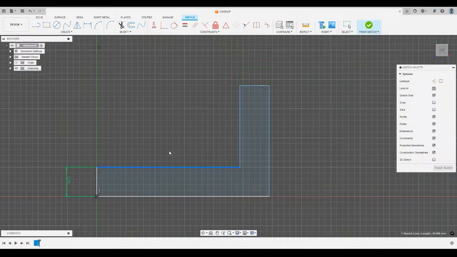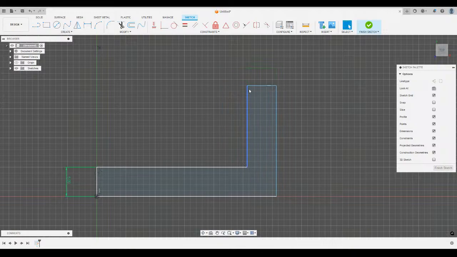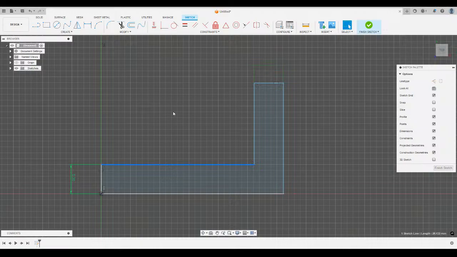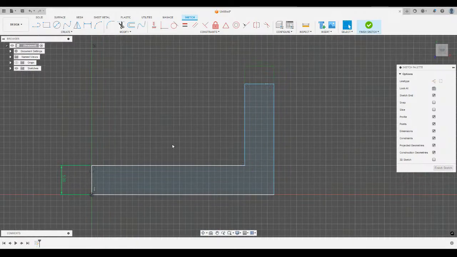If I click on this line, I can't move it. It can't go anywhere. I can move this point. You'll see these 3 lines are still blue because we haven't defined or constrained that yet. So I can move this, but I can't move this because it's constrained. So anyway, back to, so you'll notice when I click this and dimension it,